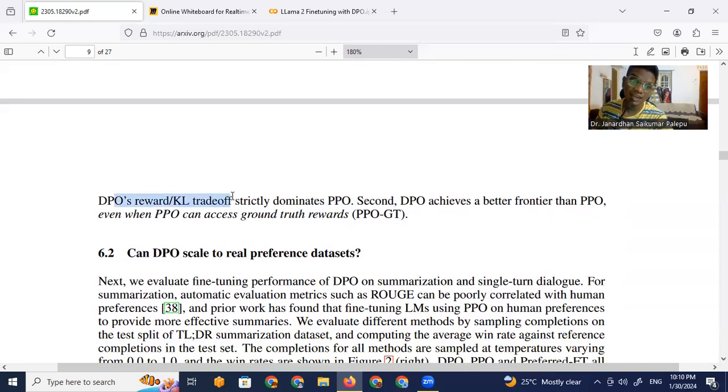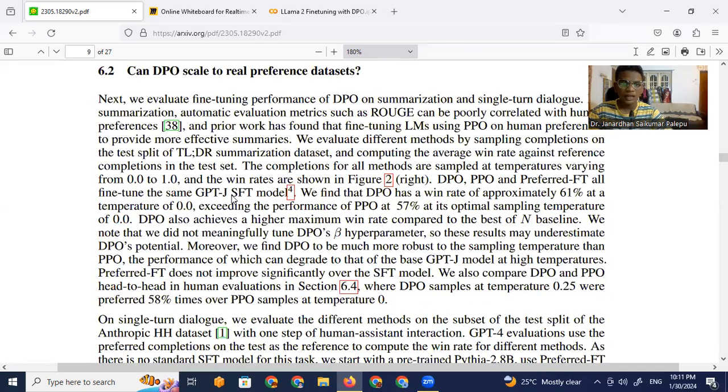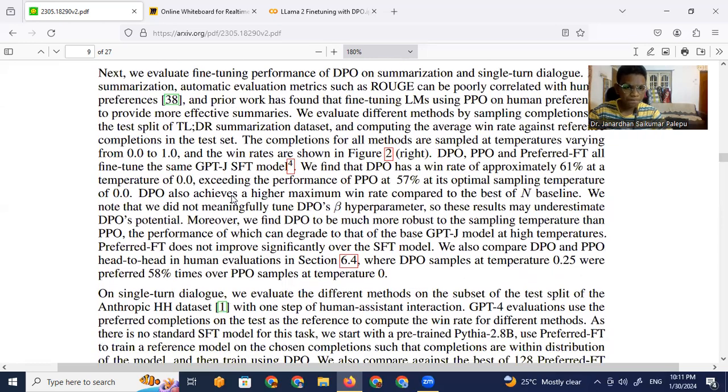DPO's reward and KL trade-off. Trade-off refers to balance. So they have found through their experiments that DPO gets better reward, and at the same time maintains a good KL divergence score together compared to PPO, which is actually quite nice, right? They found that through their experiments, and they also found that